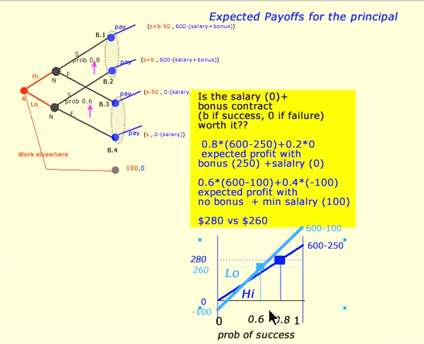And you can see here that the expected payoff inducing high effort, which is the salary plus bonus contract, or expected payoff with low effort, which is the basic salary with no bonus, the minimum salary we can give them but no bonus, that it is worth it. Okay, for the principal, it is worth it to design an incentive contract and to pay it. There are other scenarios where when you're making this comparison, it's just too expensive to offer a bonus contract, so it'll actually be better to just pay a salary and no bonus, even though you're not inducing the high effort. The high effort isn't worth the extra cost.